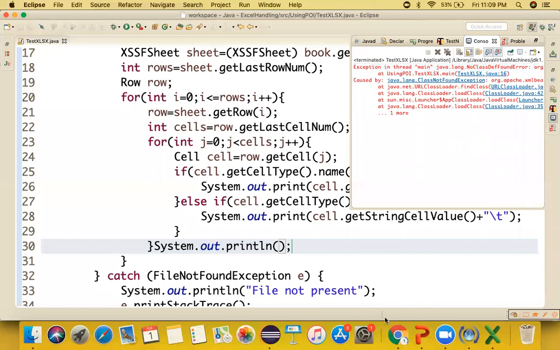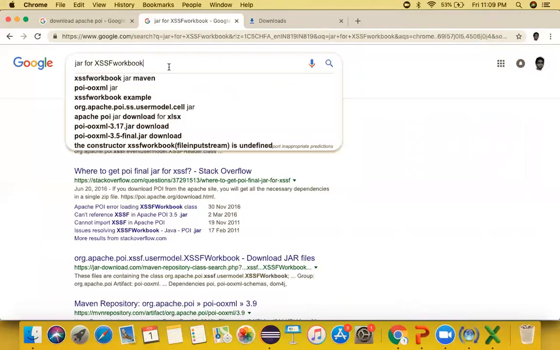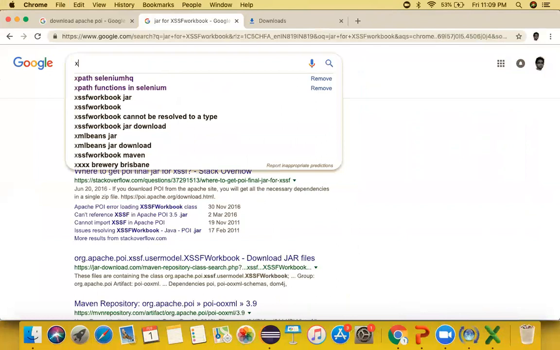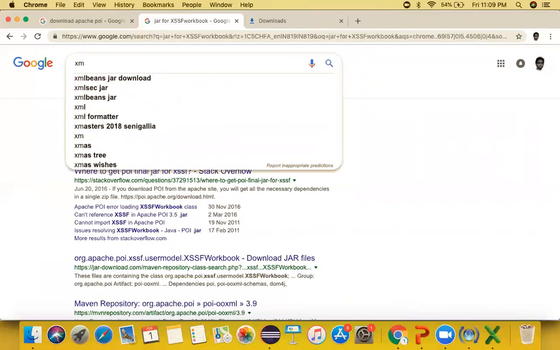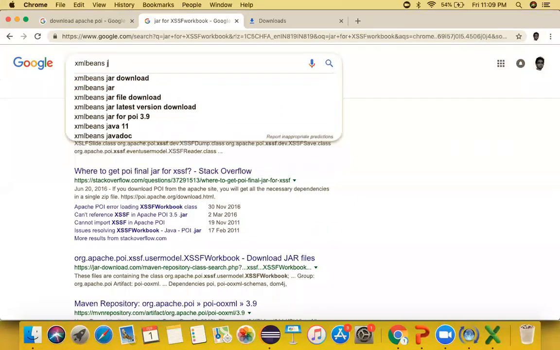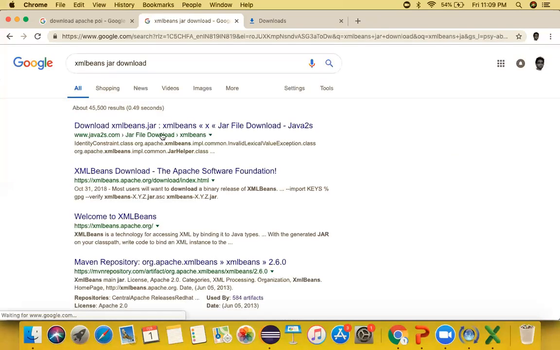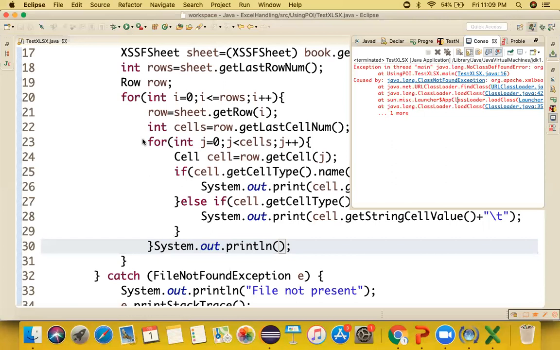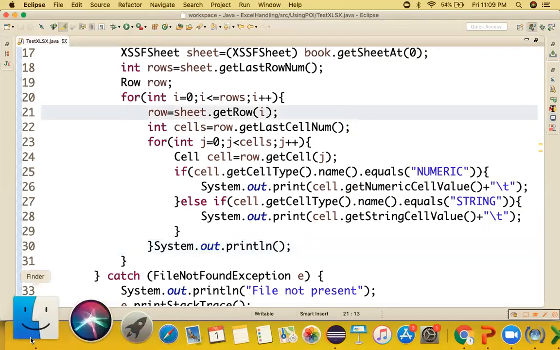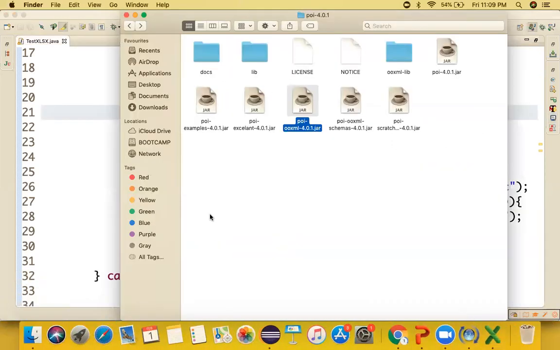So you can simply google again, XML beans jar. You can see over here the XML beans jar, you can get a path, you can get different URLs to download the XML beans, but Apache POI gives you the XML beans jar along with the bundle itself. So where does that file present? You simply have to go to the lib folder over here,